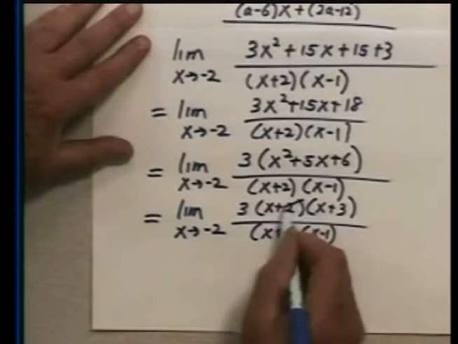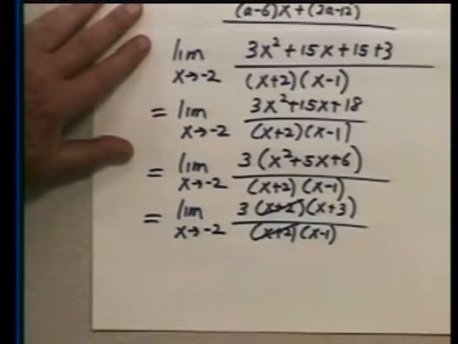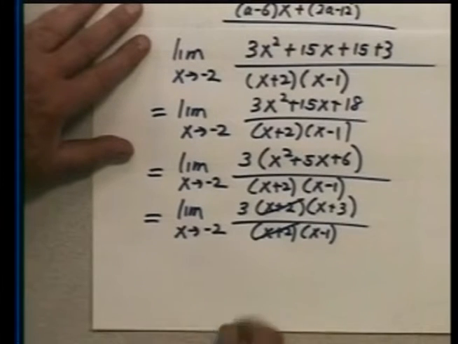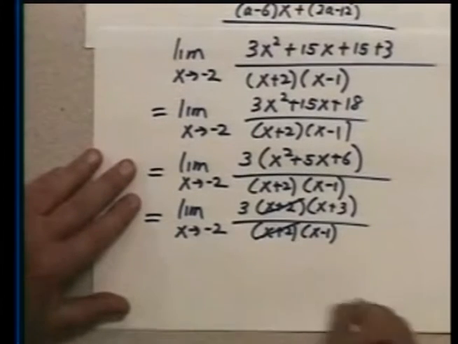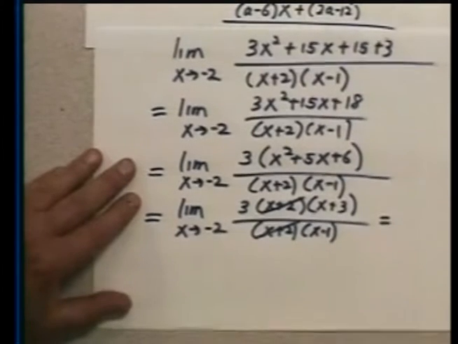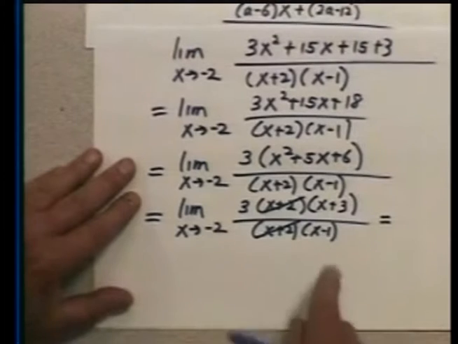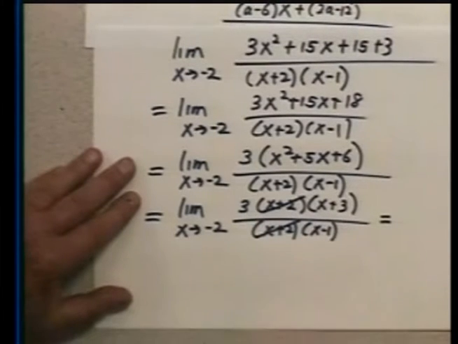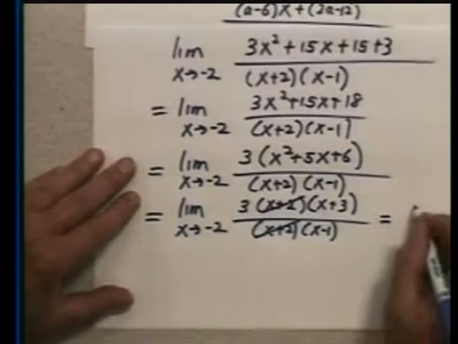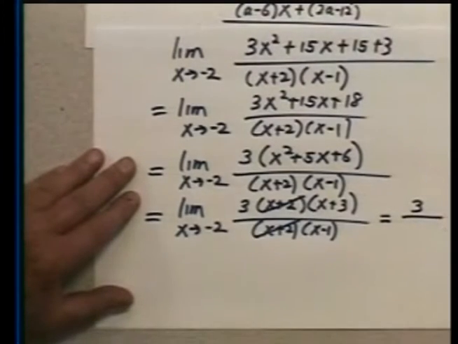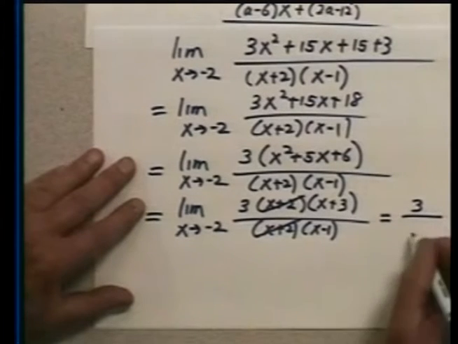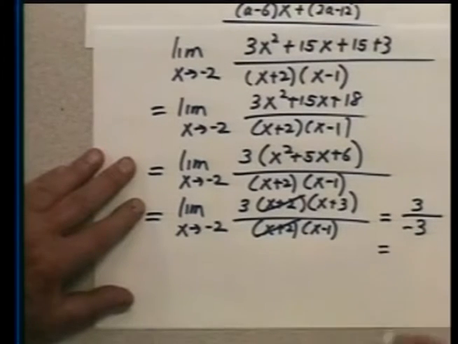By Henry, look at that. If I did let a equal 15, I do get a factor of x plus 2, which cancels with the one on the bottom. And now I can finish it by substitution. If you put a minus 2 in for x, what happens on top? I think you get 3, right? What happens on the bottom? So the limit is actually